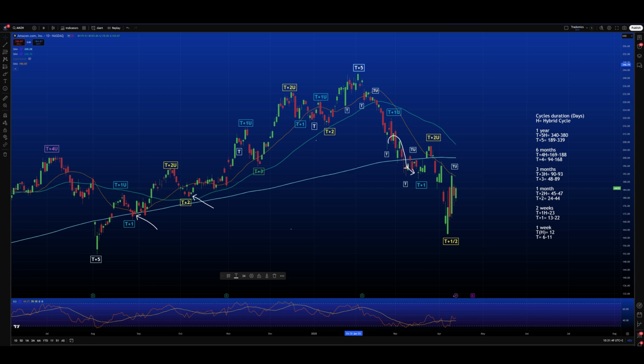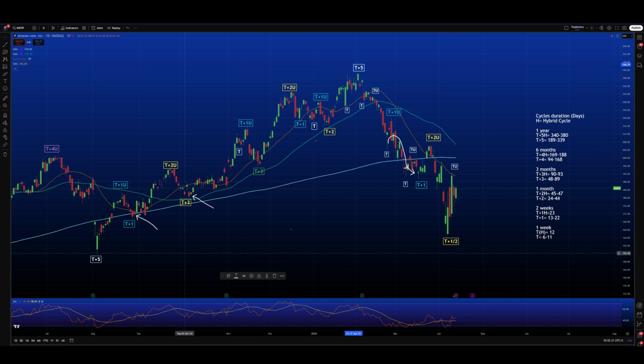Looking at Amazon here, we have a different situation compared to Microsoft. If we look at this low here and this candle that was made on the 7th of April 2025, we have an absolute low at $161.38. If we look at this one, though, 5th of August of last year, we have a low that is at 151.61. So basically, there is a $10 difference.